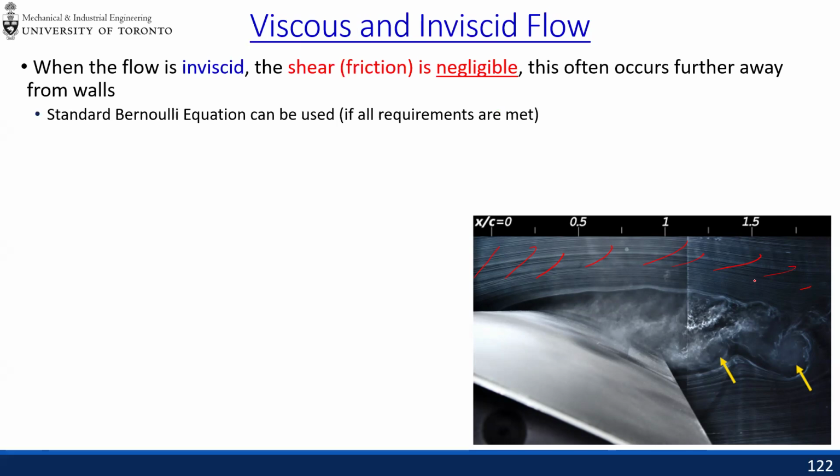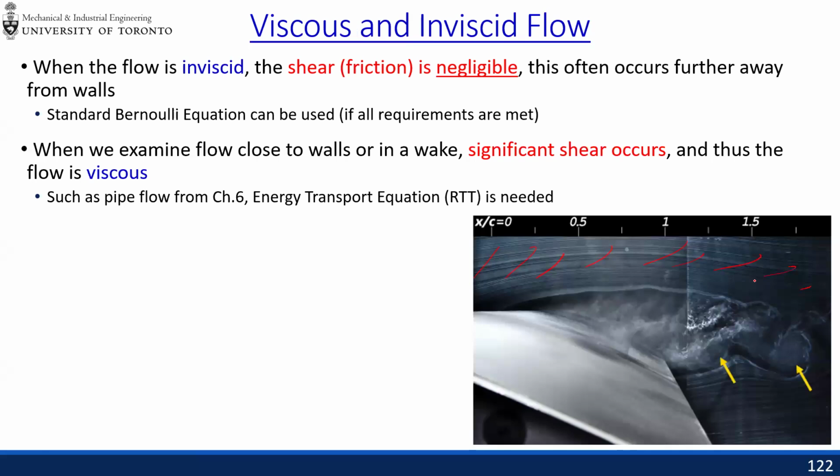Now, that's usually when we can apply the Bernoulli equation, assuming other conditions are also met. So remember, we cannot apply the Bernoulli equation close to the wall because of the effect of friction. And which kind of brings us to viscous flow. That's usually primarily when you look very close to any kind of wall surface or within the wake of an object, the flow past an object. When that happens, you still have to use the energy transport equation, assuming that